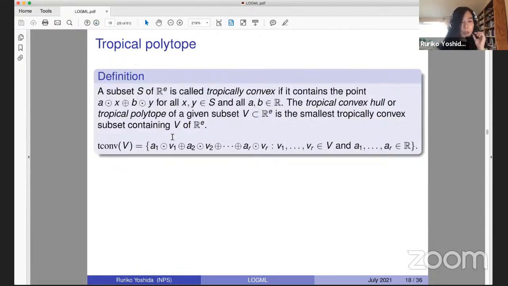So what's a tropical polytope? A tropical polytope is basically, suppose we have finitely many vectors, and we define the tropical convex hull to be equal to this. The a_i's are real numbers and the b_i's are vectors in a set, and there are finitely many of those. So why do we use this? Because in a sense, if you are talking about some linear plane,